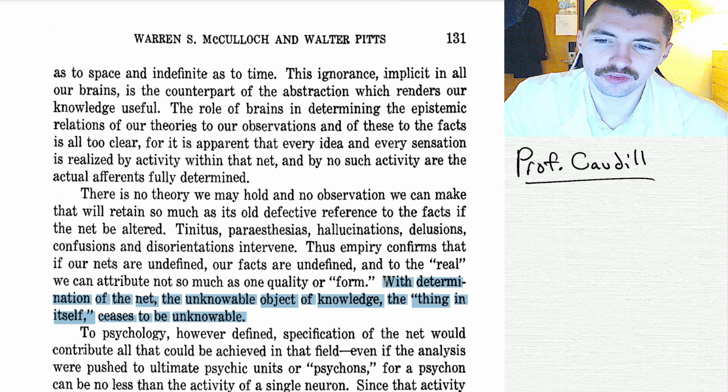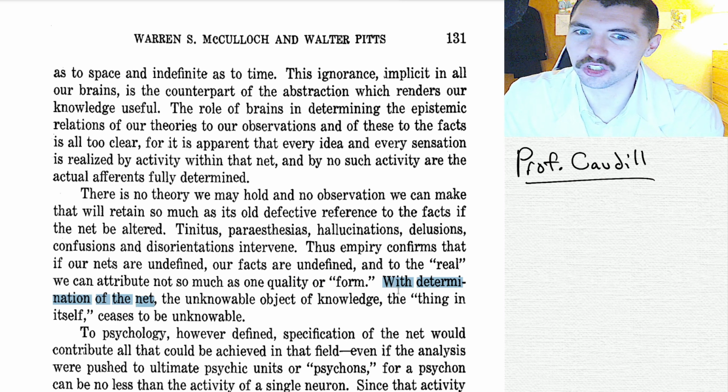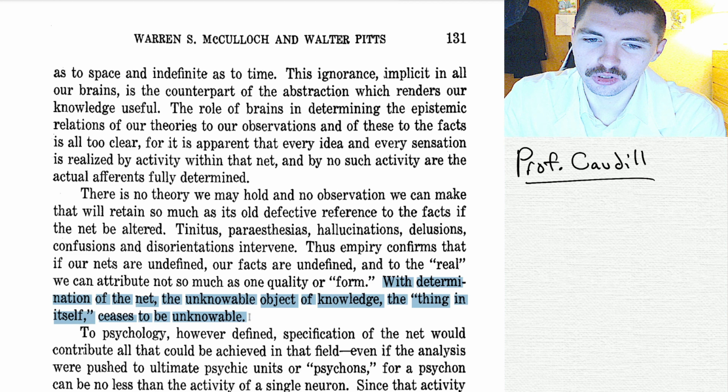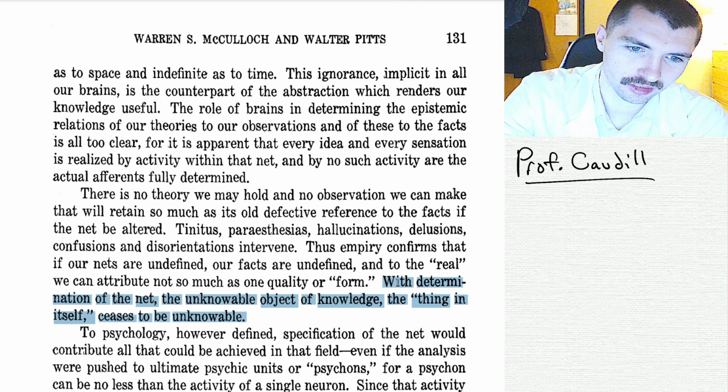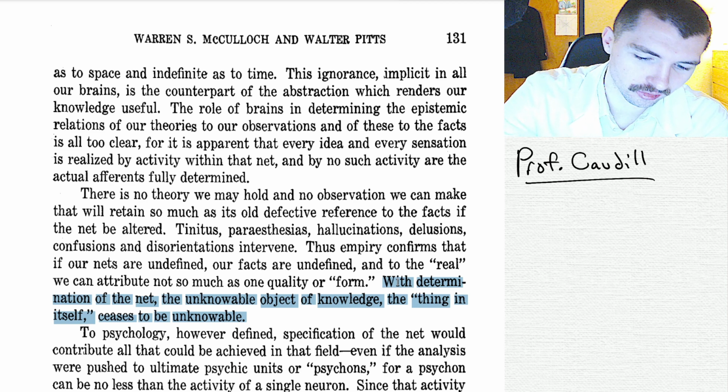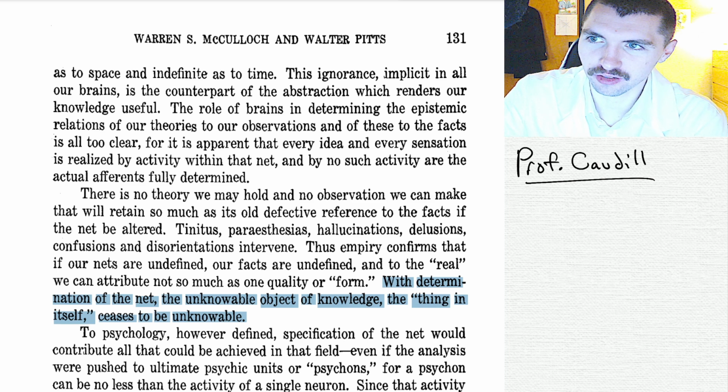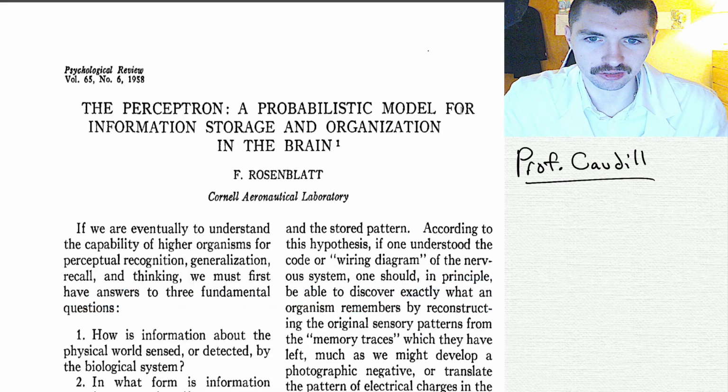So what this is saying is, if you try to make the neural net of the mind deterministic, like you can know what every point is doing, then it becomes unknowable because you're missing out on the dynamics of it. I feel like I could word it better if I spent more time on that. It's difficult on the spot. So that's all the highlights I have for the McCulloch and Pitts paper.